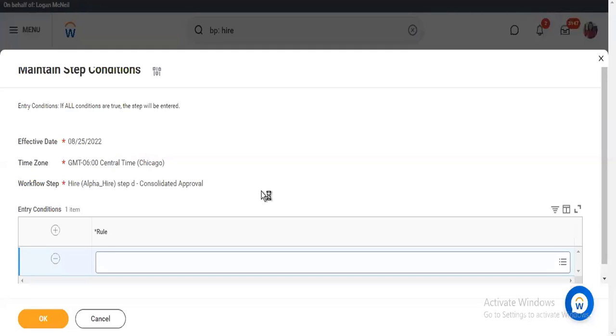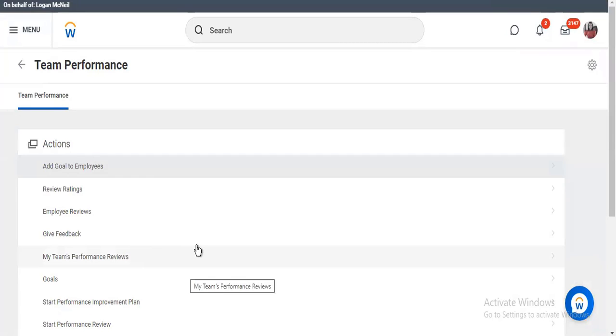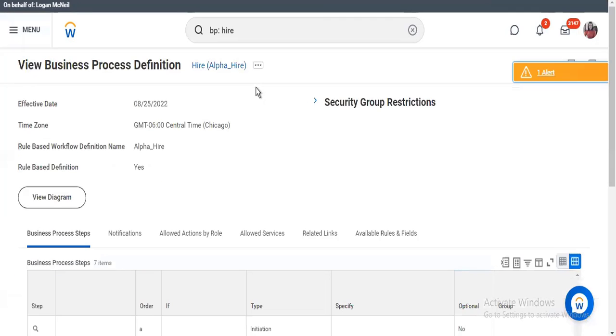Okay. And once that step is done, it will go to the next step that is defined, which is nothing but create Workday account. Okay, so create Workday account is a service step which is completed automatically. Okay, so in the same way, the actions that you can see here, we have to define or we have to set the business process. Because suppose for an example,